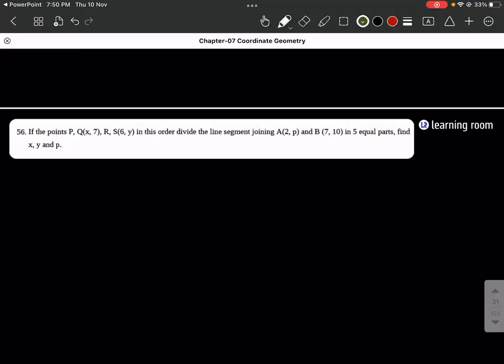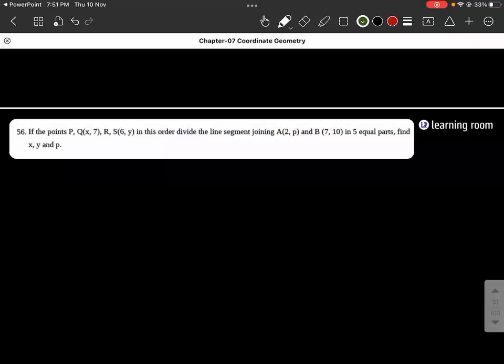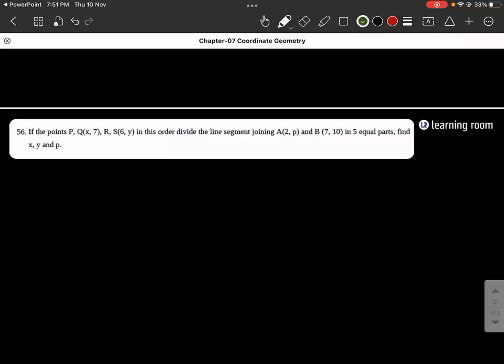If the points P, Q, R, S in order divide the line segment joining 2 comma p and 7 comma 10 in 5 equal parts, find the value of x comma y. I think something is missing in the question. Just give me a minute. If the points